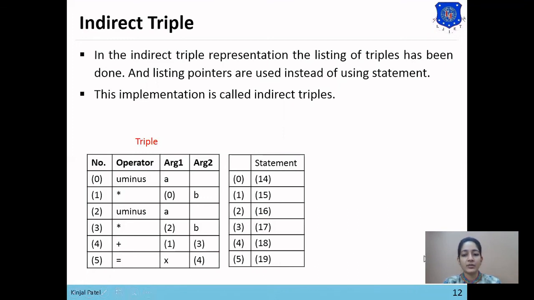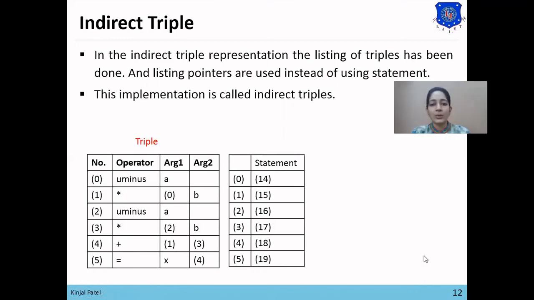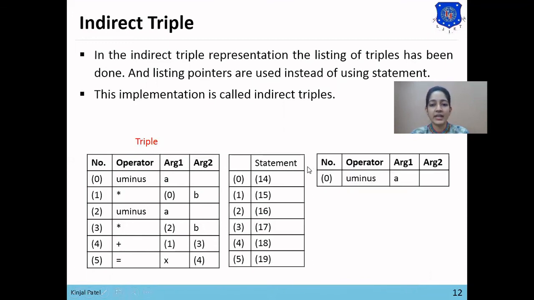pointer is used. So now we'll see that here in indirect triple there are three fields: operator, argument 1 and argument 2. Number represents the position of each statement.